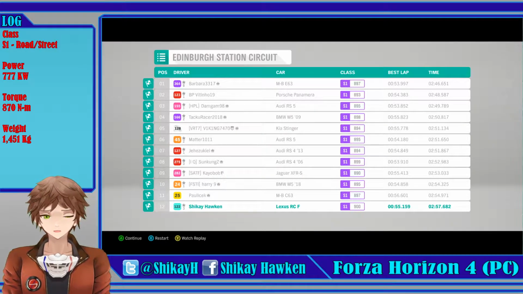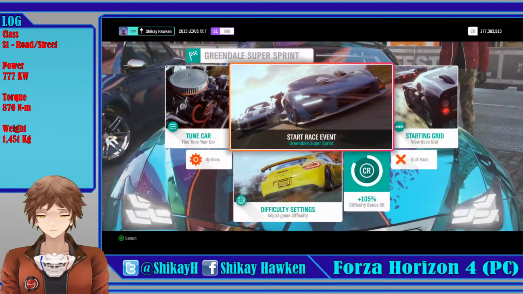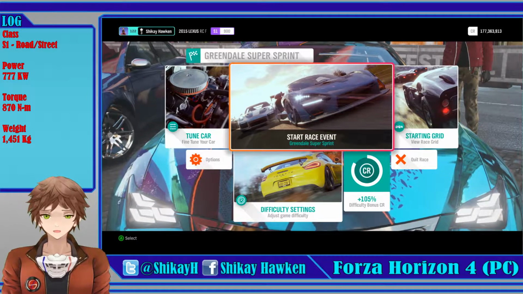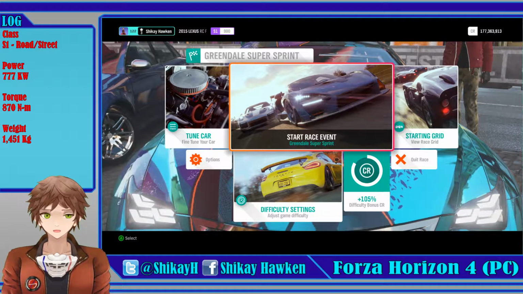Yeah. We need to adjust that anti-roll bar. Okay, then let's jump on to the next race, shall we? Okay, so now we're on Grindel Super Sprint. I already made some adjustments. Hopefully it helped a little bit,